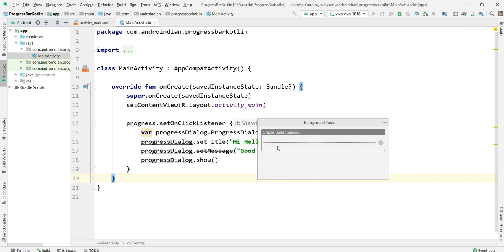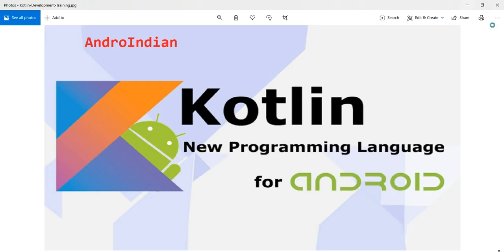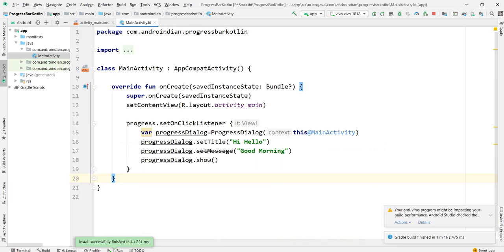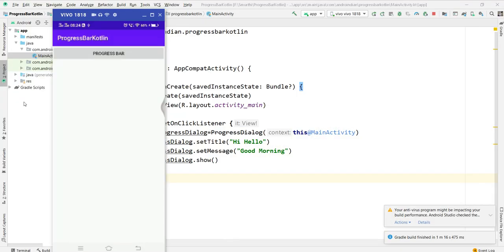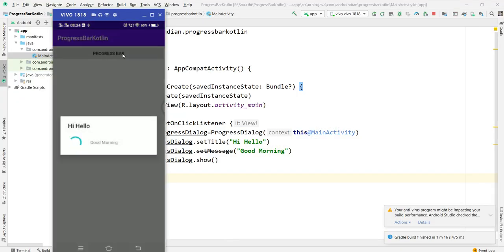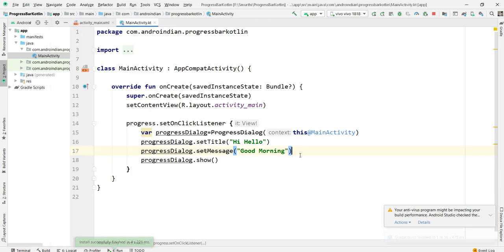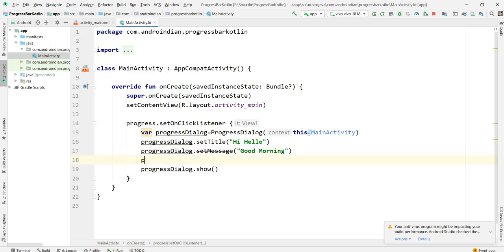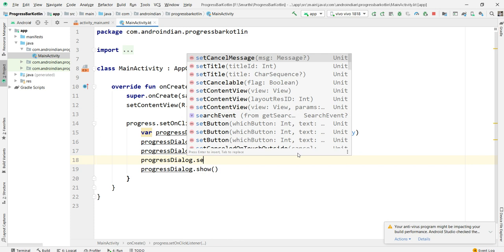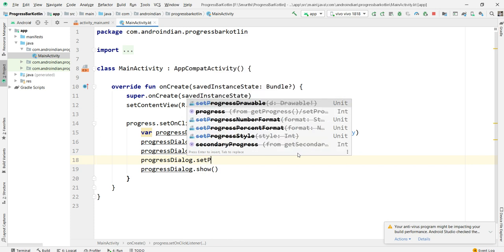These progress dialogs are very important because whenever there is dynamic content, definitely we'll use this. See, now this is the progress bar. Now I'm clicking on this button and it automatically displays this. In this I'll add one more line. Even without that line this can work properly. But what is that line? Progress dot set progress.